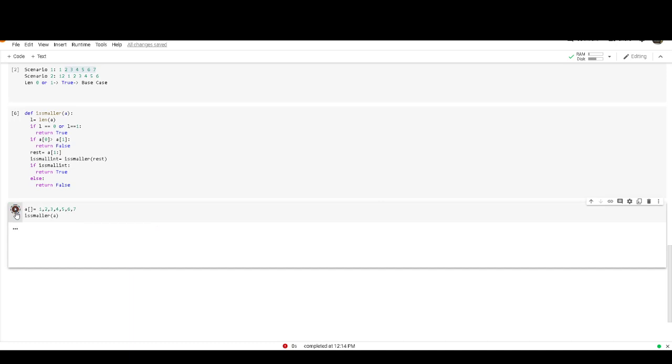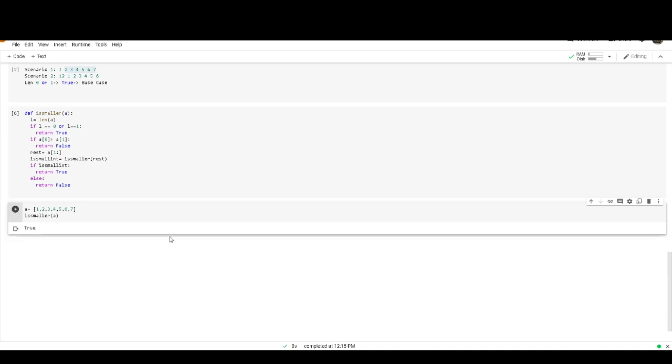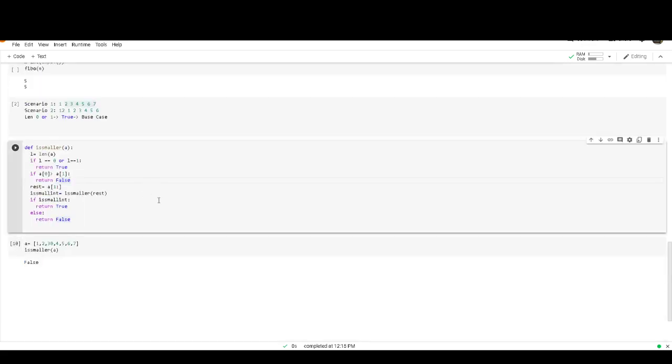Let's try again. Again we got an error. What is the issue here? We need this kind of bracket for declaring the correct syntax. Again I try, and it returns true, as expected. If I try to enter 30, it should return false. Yes, that is the procedure.